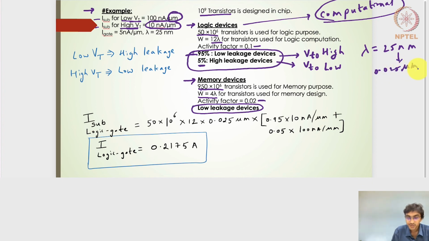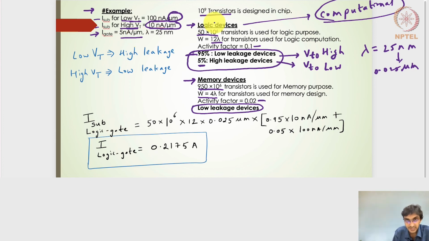All right. So hope this particular statement is clear. The example of the system design is clear. Also, one more characteristic is given: the gate leakage current for an NMOS transistor is 5 nanoamperes per unit micron. Right. So in this particular case, let's try to find out what should be the subthreshold leakage current for